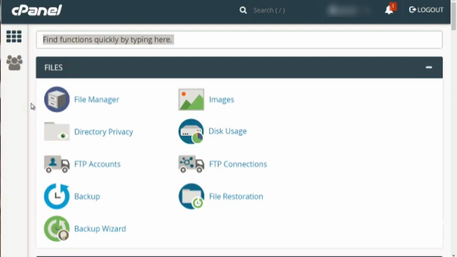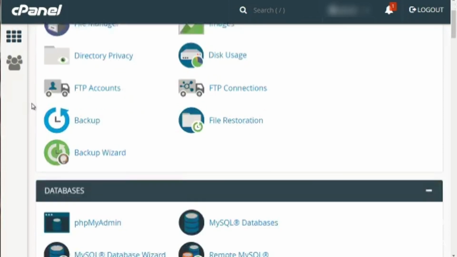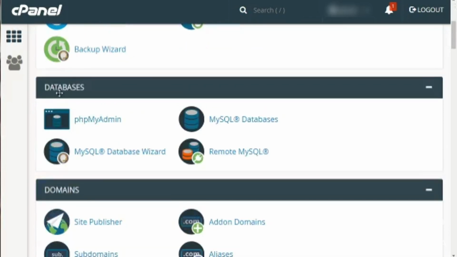Make sure that you're logged into your cPanel, and what you want to do is scroll downwards and look for databases. If it's different, then look for the MySQL database wizard, and this will walk you through step by step. It's the easiest way to go. So first things first, click on this,